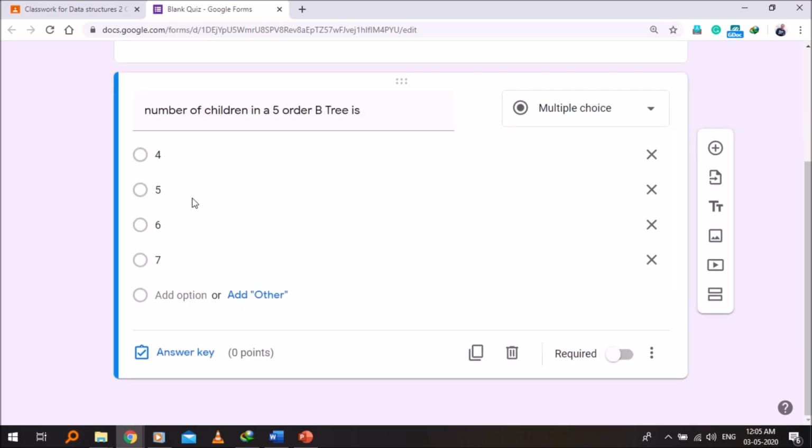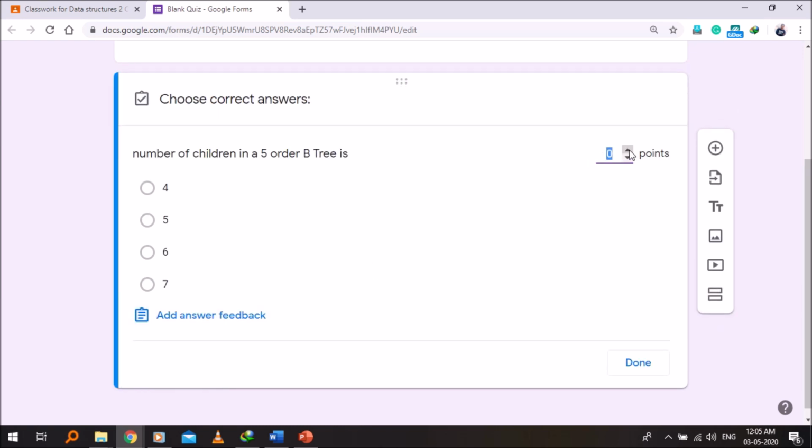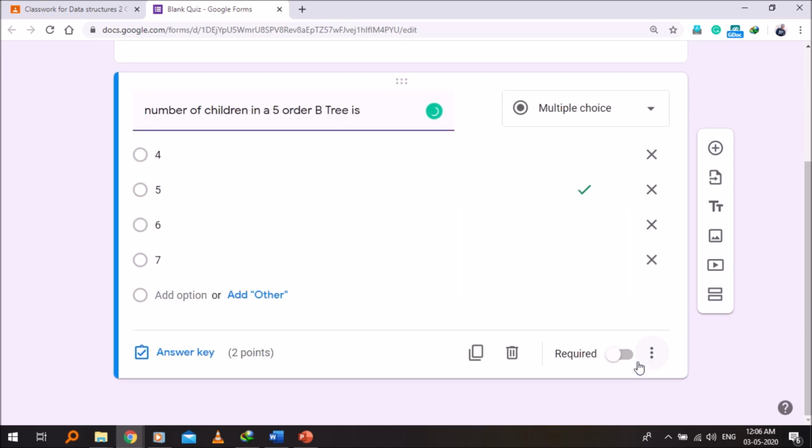So here we can set this question and also put the answer key in the question paper itself. Like the order 5 B tree has 5 children and 4 keys, so the correct answer is 5. I have put it as the correct answer and marked the question as 2 points, and now I will just click done.